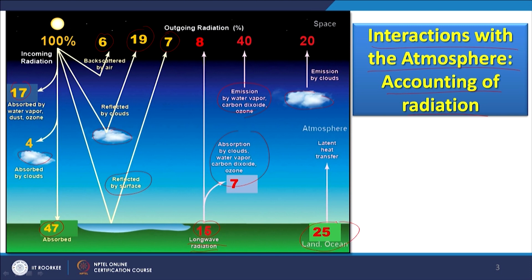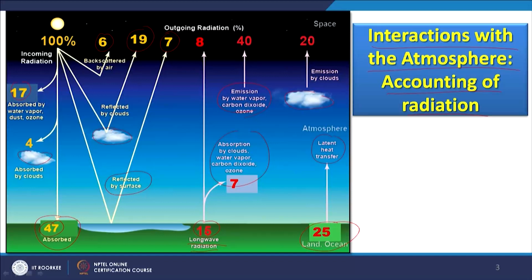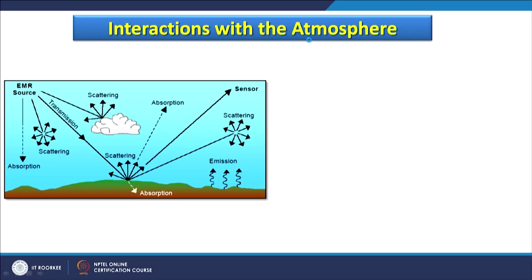And of course, the heat which has been absorbed earlier, 47%, is transmitted back by the land, that is latent heat transfer, and which goes into the space. So this tells us how many processes are going on between a satellite and the surface of the earth and within the atmosphere. And therefore, that is why I said that in order to remove these distortions, it is really challenging,